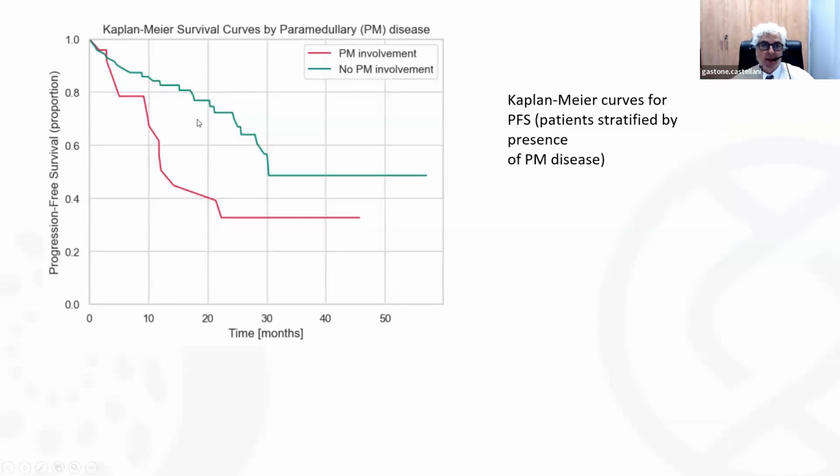And this is a preliminary result. PM means perimedullary lesion. So if there is an involvement of this lesion, the survival is lower. This is a first result, just a Kaplan-Meier curve. We hope in the future to use other, more refined methods, but this is just an indication that the identification of this lesion is very